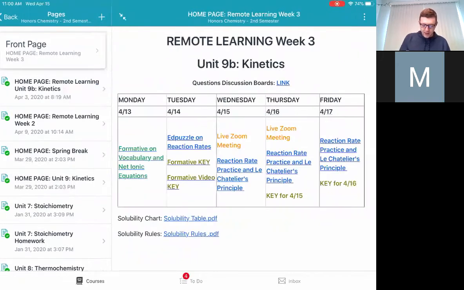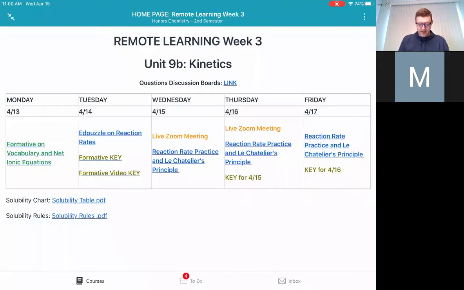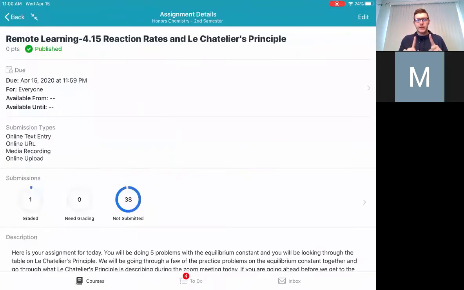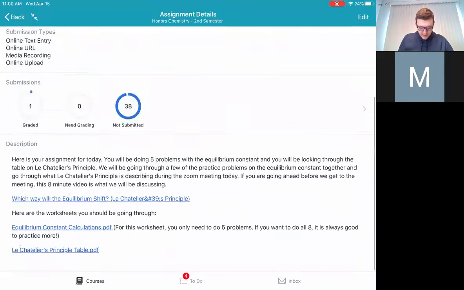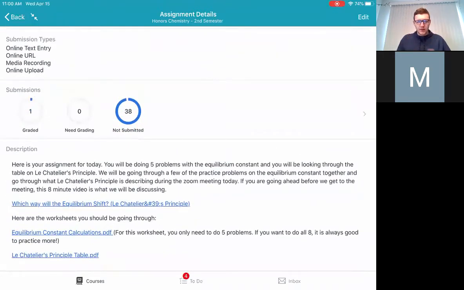So today we're going to talk about the reaction rates at equilibrium, as well as Le Chatelier's principle. Okay, so we're going to do a couple things here. The first thing we're going to go through is